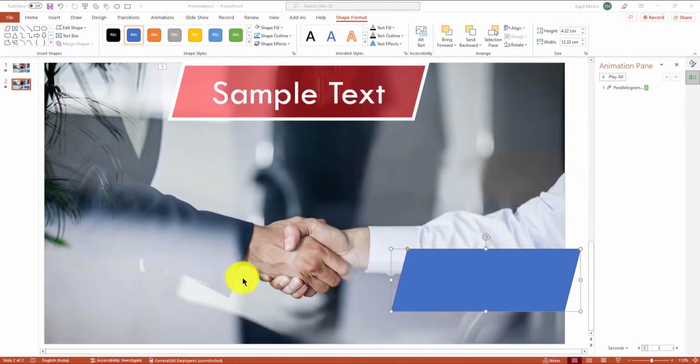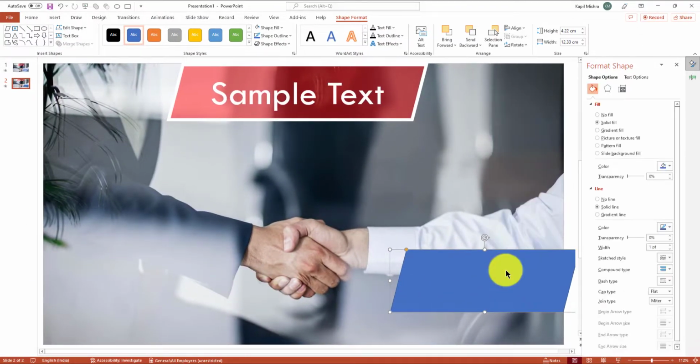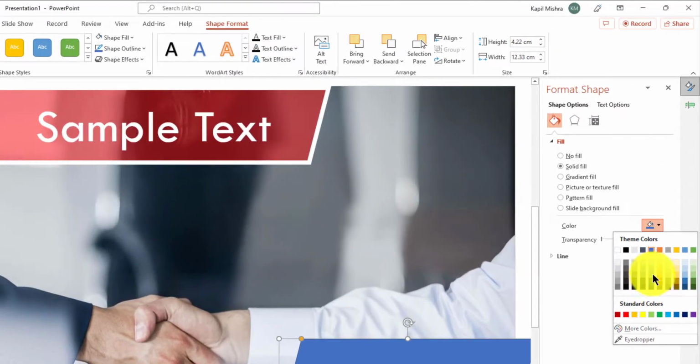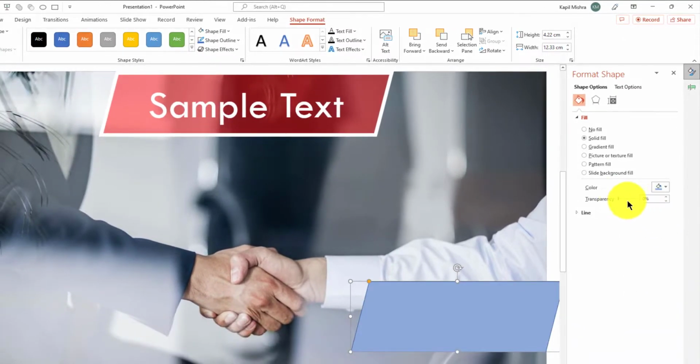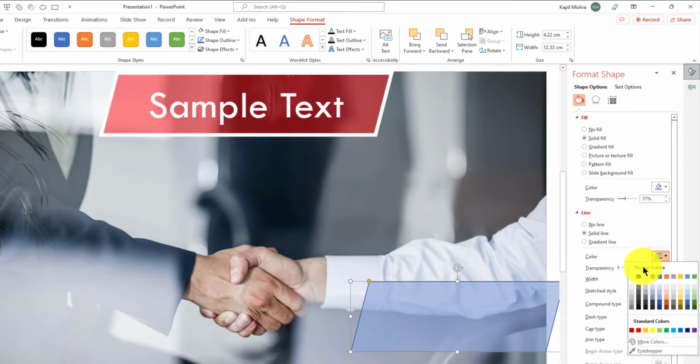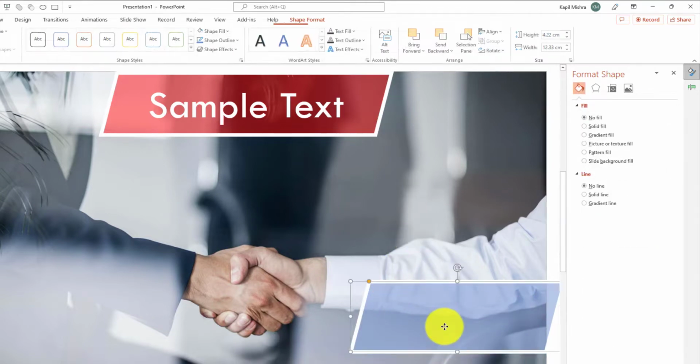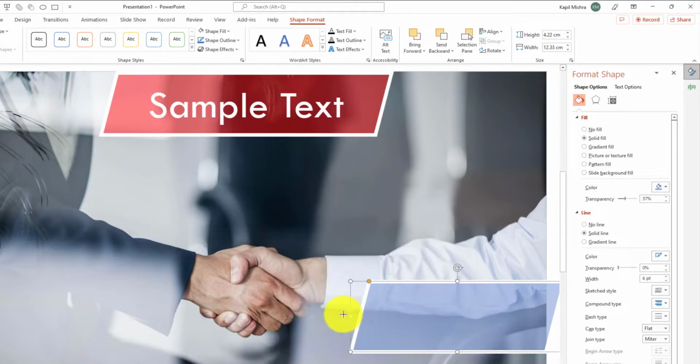And then what I will do is I will just click on it and then Format Shape, close the line for a while, and go to Color. What color do I choose? Maybe this blue color will be good, or a light blue color with some transparency will be a lot better. And then go to line again, and then choose white solid, and then again go here, and then 6 points is fine. Okay, and then adjust its size,